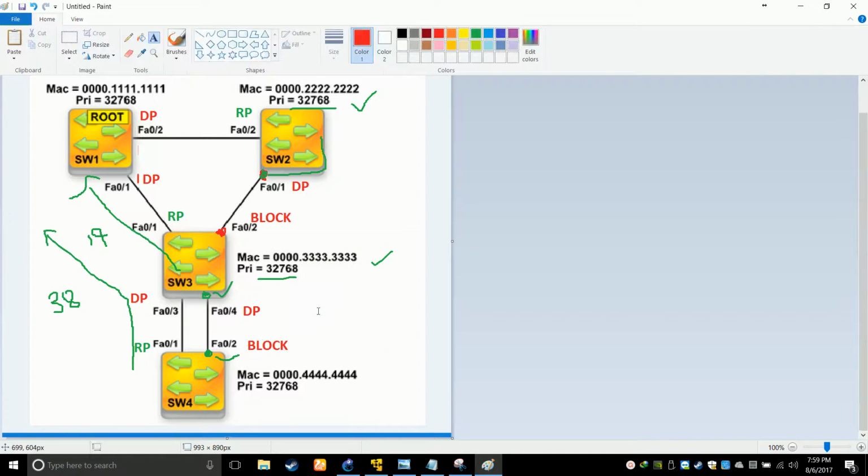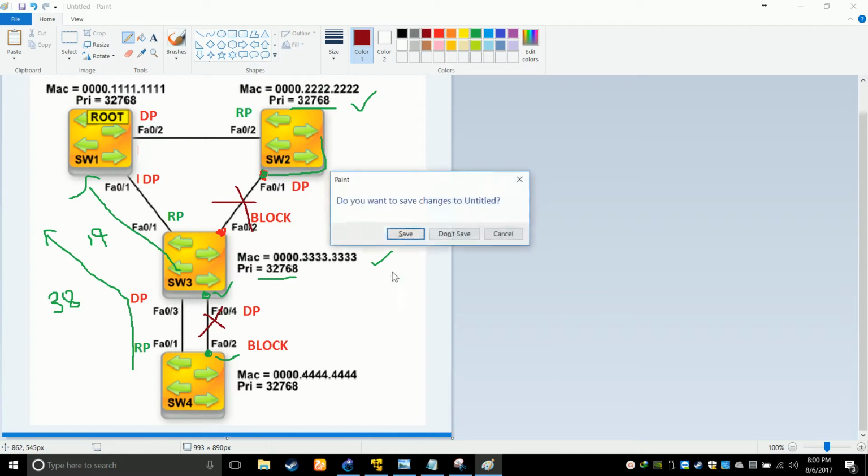Why? Because if you look carefully, each port on the topology has its own port state. So the thing is, spanning tree will cut the redundant links. What do you mean by cut the redundant links? This link will no longer be used anymore. Neither is this link going to be used, because one of the ports is blocked. So simply said, I can do it like this also.